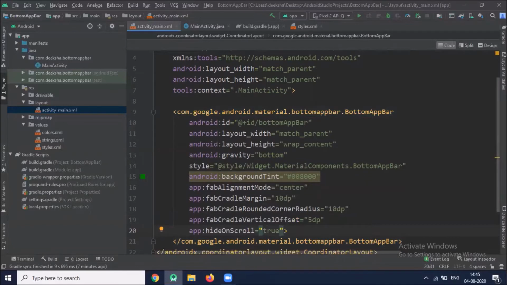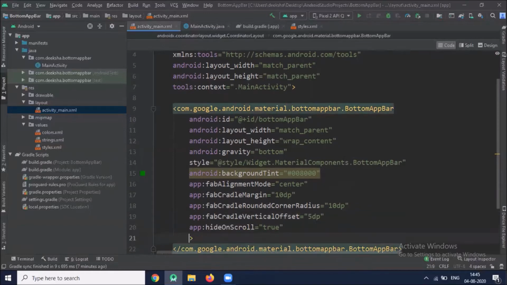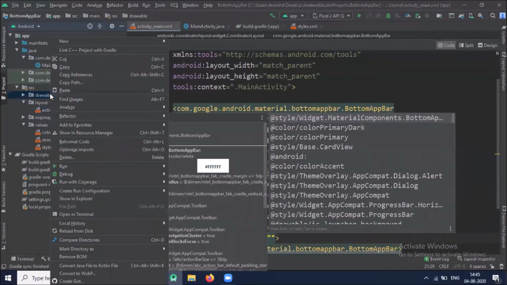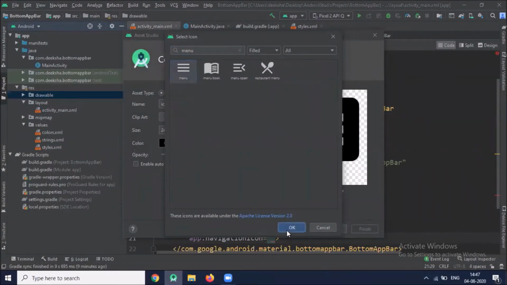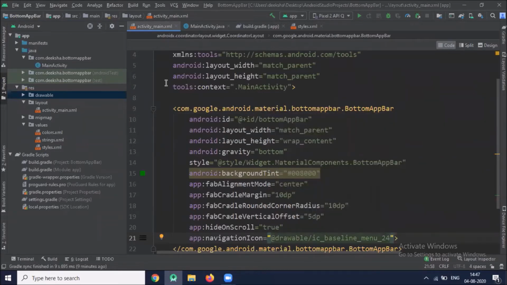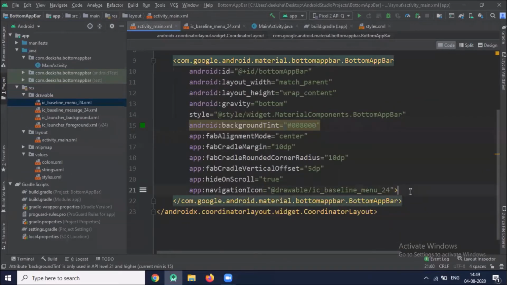Hide on scroll. When you scroll the screen, do you want to hide the bottom app bar? So you can choose either true or false. For navigation icon, we create a vector asset in drawable folder. Now we will add floating action button.